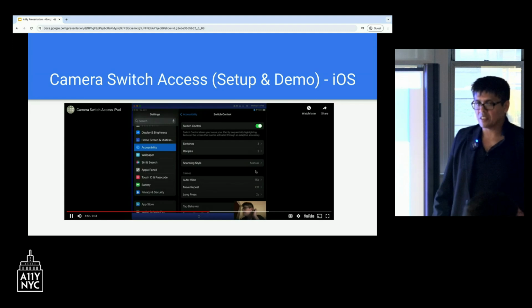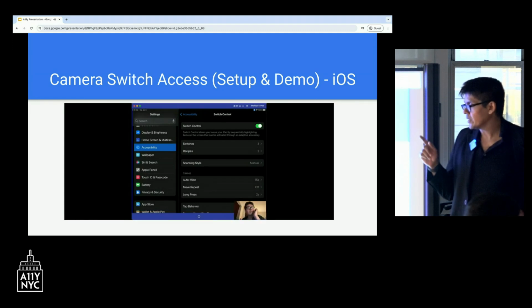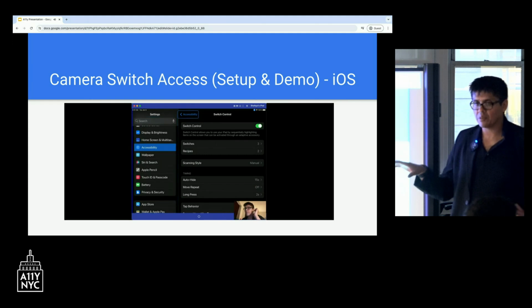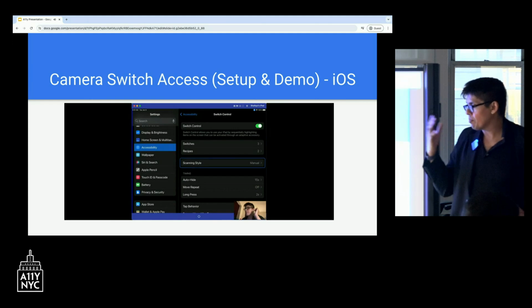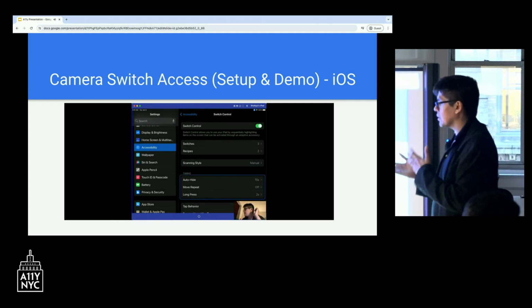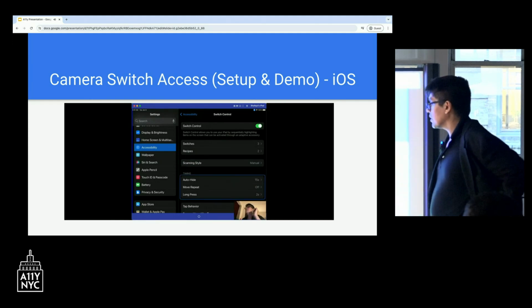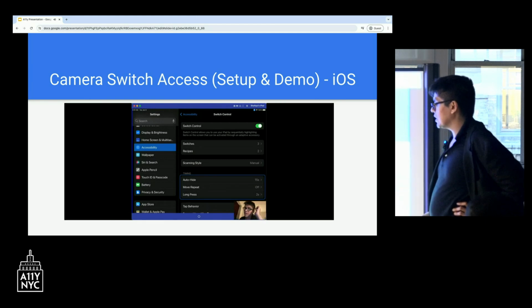I do want to emphasize the playground portion, because as you want to get better at this, you can use the playground, which is this test bed, to get better with your gestures. It's kind of like an automated system to help you refine your interaction. So now you can see what I'm doing. I'm using my head motions to navigate.